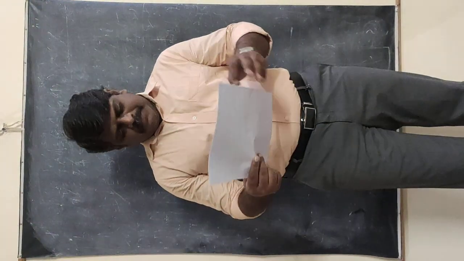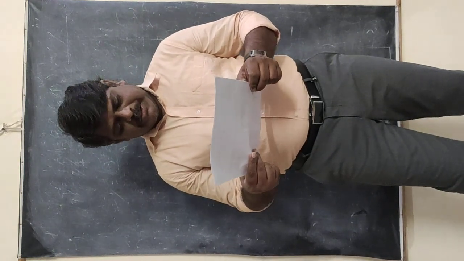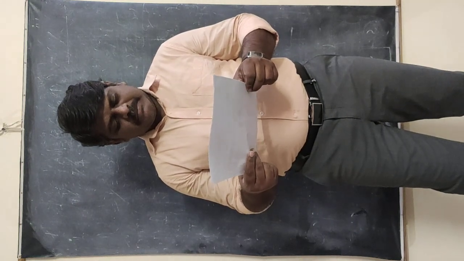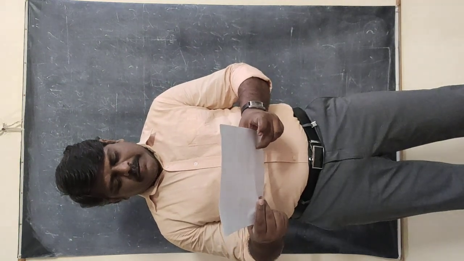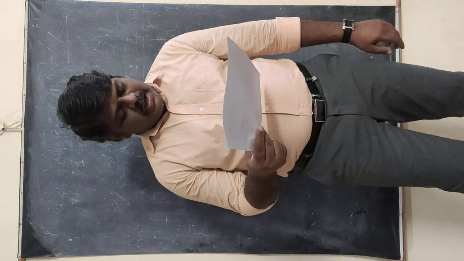Welcome back, students. The problem is important here. The problem says that the length of an elastic string is A meters when a longitudinal tension of 4 newtons is applied, and when 5 newtons is applied, the length is B. You have to find the elongation produced when 9 newtons is applied.